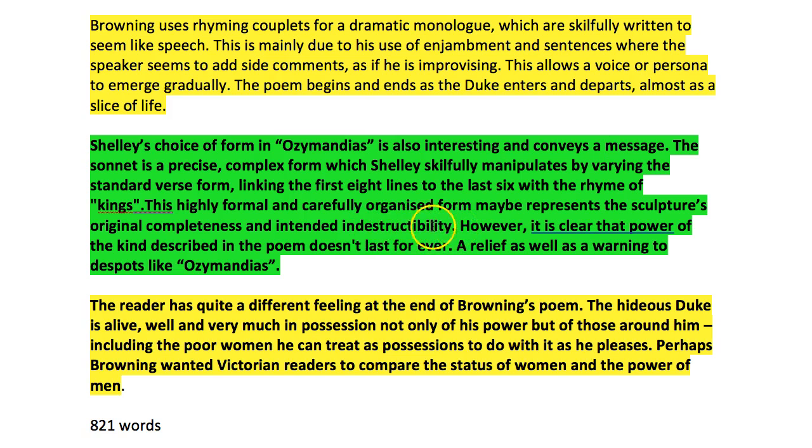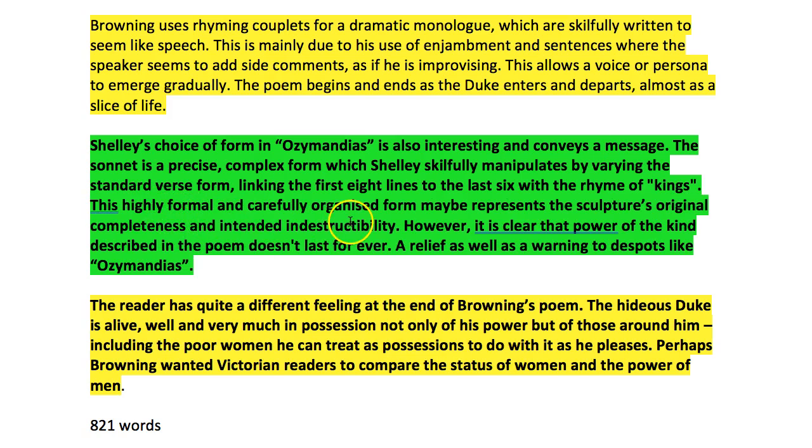Well, you can just about get away with that, can't you, really? That's quite a sophisticated idea, suggesting that because the sonnet is such a tightly knit form, all the lines are interweaved together, that's reflected in what Ozymandias and the sculptor wanted from the structure to the sculpture. He wanted it to be able to last forever.